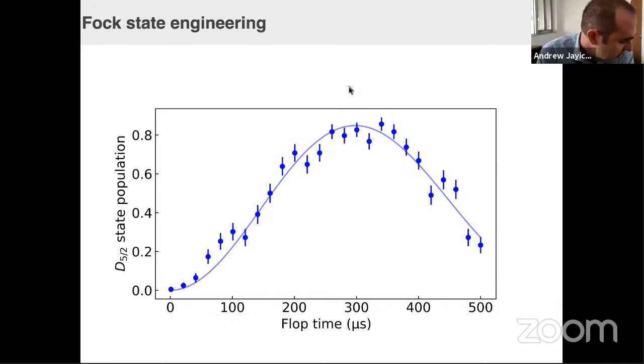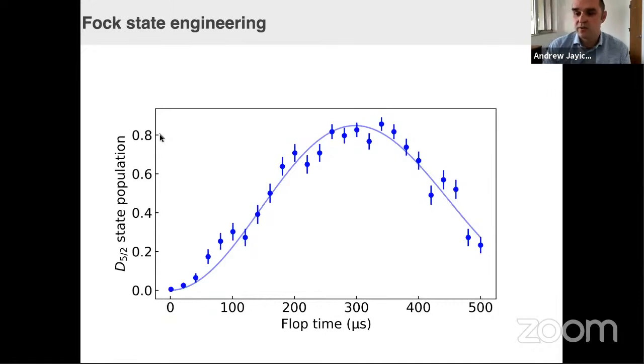I should say, why are we doing this? This has been done by lots of ion trappers. For us, this is a key starting point for controlling molecules with quantum logic spectroscopy. And you might say, Andrew, you're not going to get anywhere with 80% fidelity for quantum logic spectroscopy, right? And I would say, yes, I agree. We're not going to get anywhere with 80% fidelity.